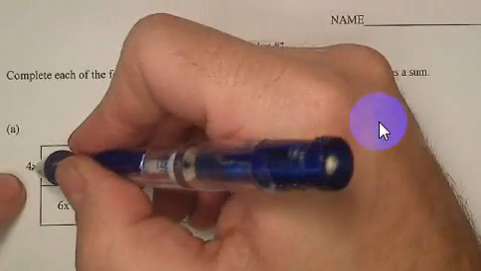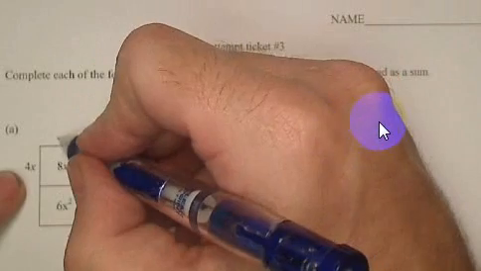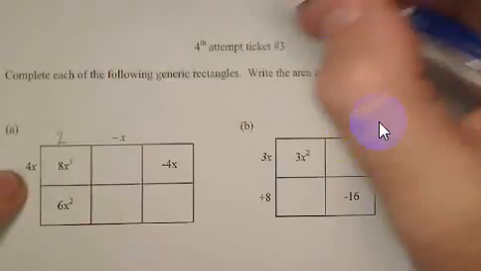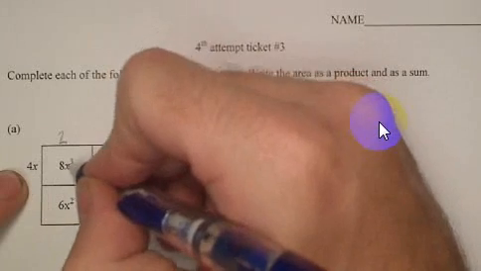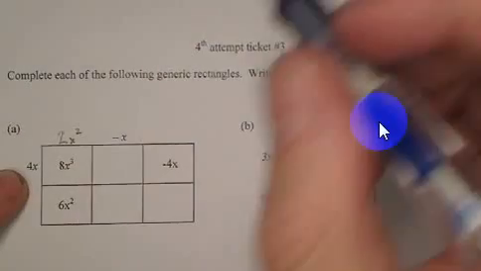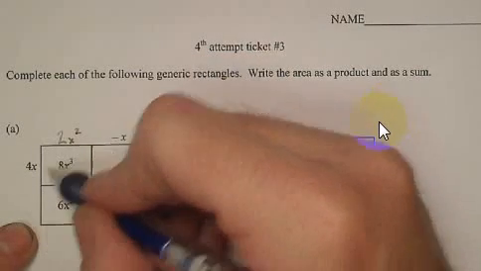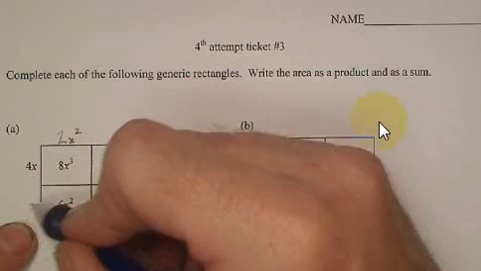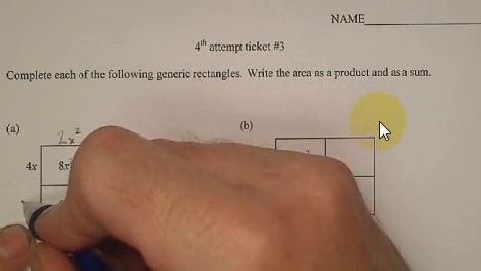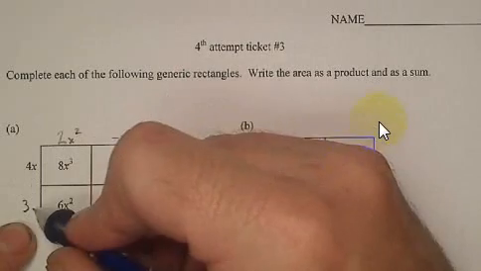sum. So if we start with this first one here, we know that this 4x and this blank location here have to multiply to be 8x to the third. So to get that 8, we need to have a 2, because 2 times 4 is the 8, and x times what gives us x to the third, and that's going to be x squared. And now that we have this location up here, we should be able to figure out this blank spot here, because 2x squared times this blank spot has to equal 6x squared, which means we only need a 3. 3 times 2 is the 6, and there's your x squared, so we didn't need any more